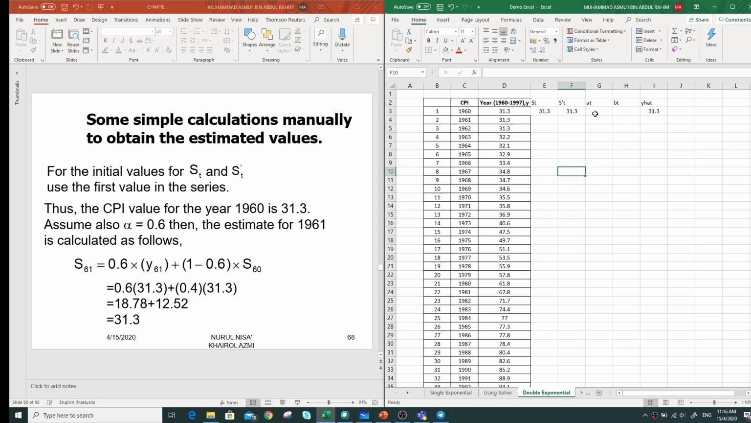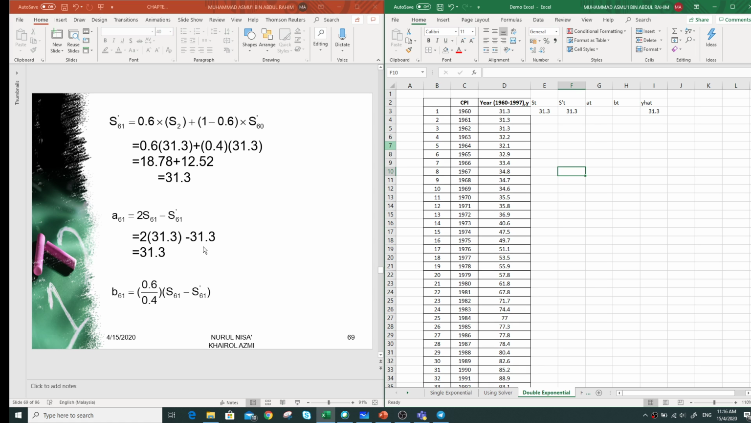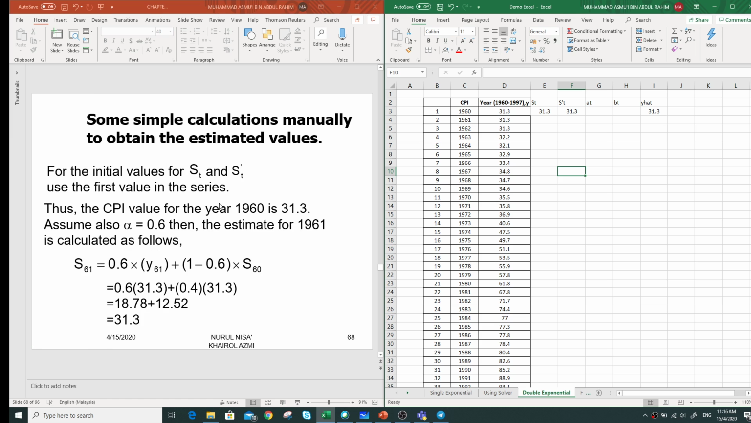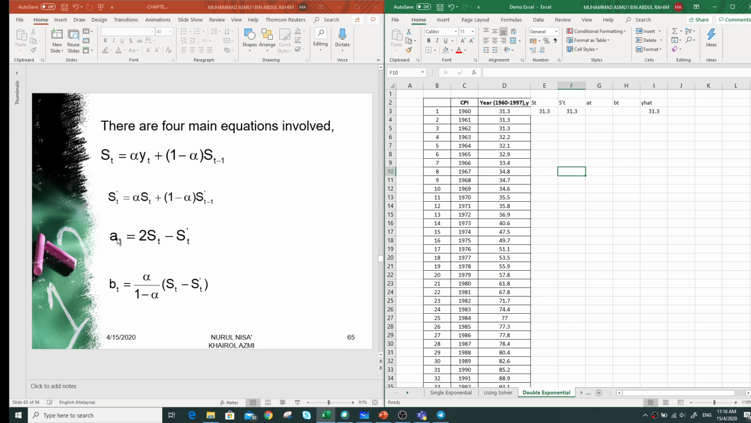So when we replace AT here, A60 for 1960, as an example, A60 is equal to 2ST minus S double prime T. So it means that when we replace the value of AT and BT,